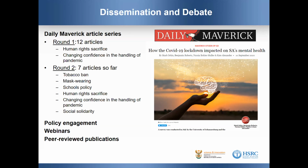ban was rescinded, we looked at what had happened in terms of public support, had it wavered, who was showing support and not. Issues about behavioral compliance with regulations, such as mask wearing, the thorny issue of schools policy decisions in the early part of our round two, which provoked a lot of debate, particularly with the findings coming from the Stellenbosch crowd. And